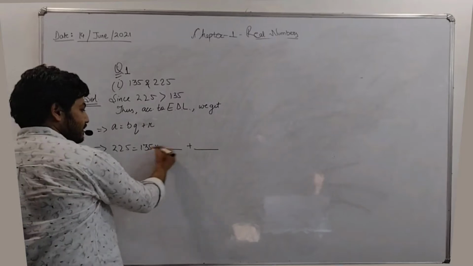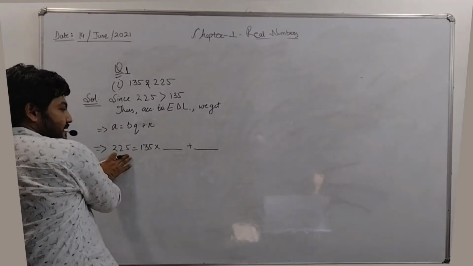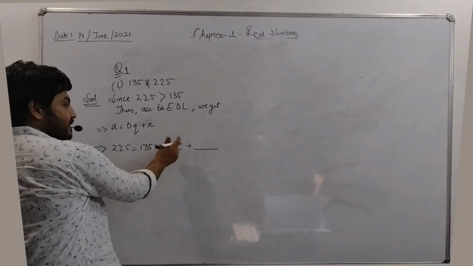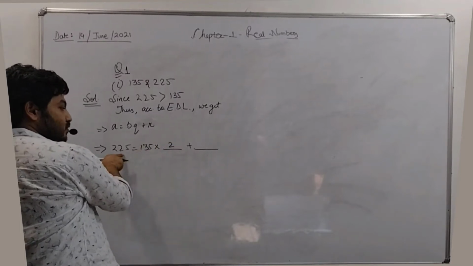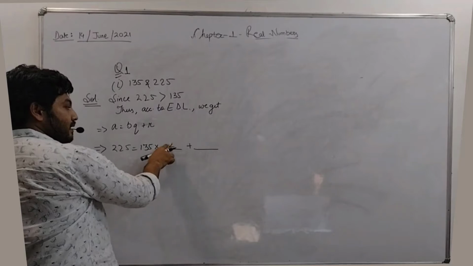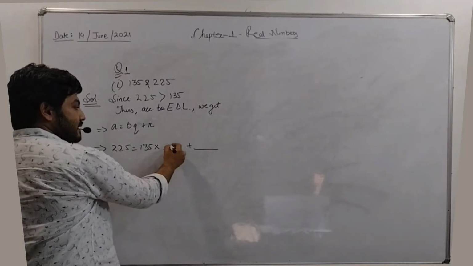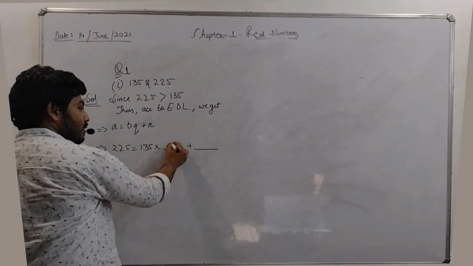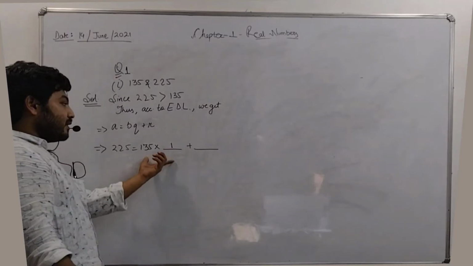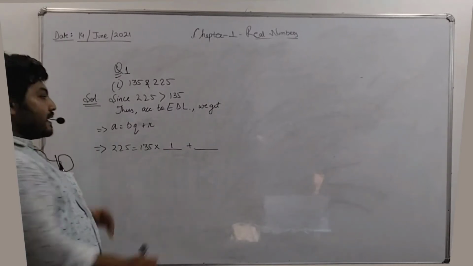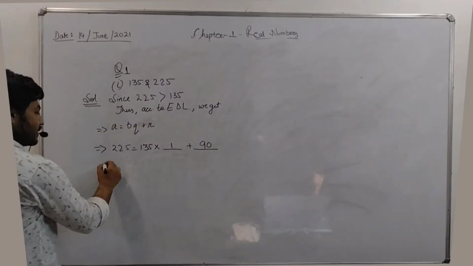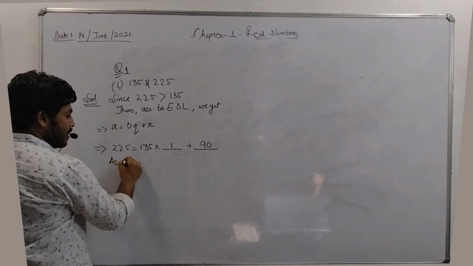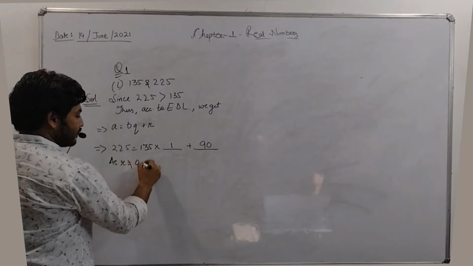If we multiply it by 2, it will come as 270, which is greater than 225. So it cannot be divisible by 2. So we can multiply 135 into 1, and the remainder that we'll get is 90. So the remainder is not 0, so you can write R is not equal to 0,